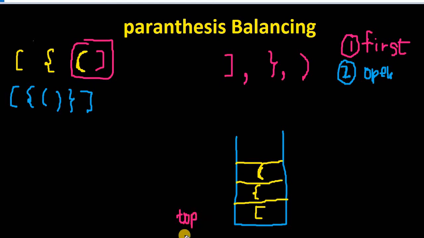So in this case, we will take help from the top. Whenever we push an element, we will increment the top. We saw that in the push function in the last video. Whenever we remove something, we will use the pop function and the top will be decremented. I hope you are familiar with the basic logic of stack. So let's go ahead. As of now, our top will be pointing at this particular position, right?